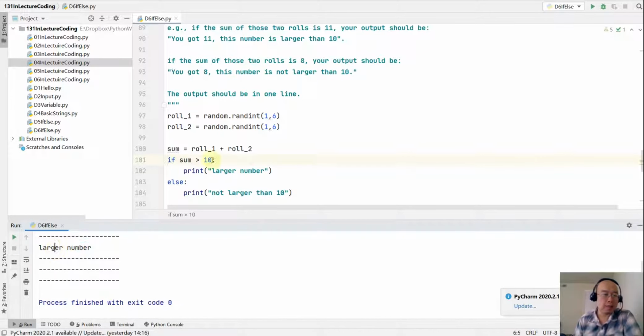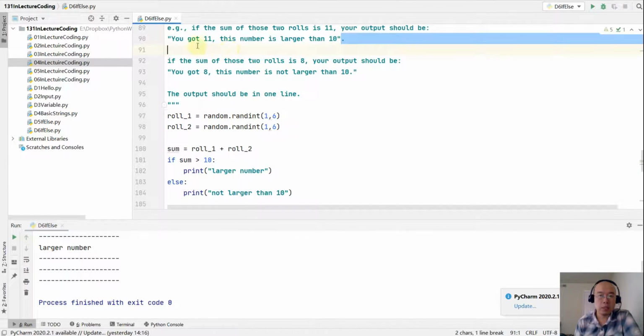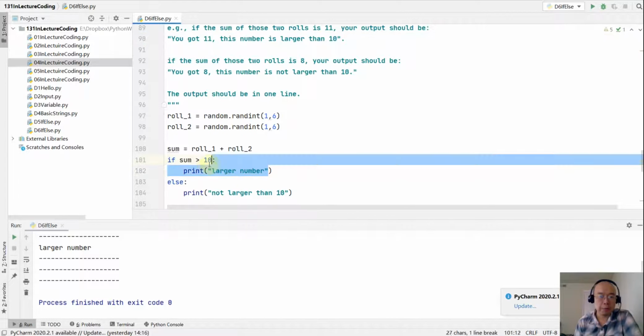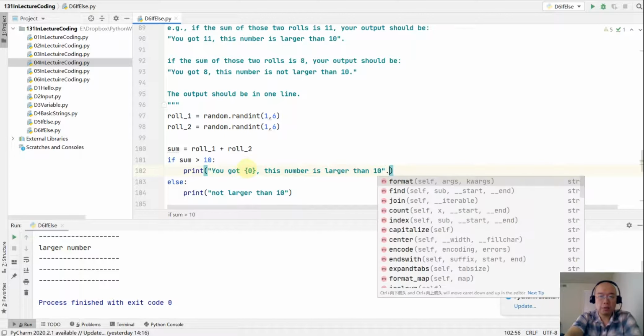So now I do have a larger number, but it's not really what I am expecting, right? I should say you got 6 and this number is not larger than 10, or you got 11 and this number is larger than 10. So how do we do that? Especially this 11 or this 8, they should be formatted and they should be the sum. Let me try some string formatting here. And remember we talked about string formatting, right? So this value should be, say, placeholder 0, and then I'm going to do a dot format,